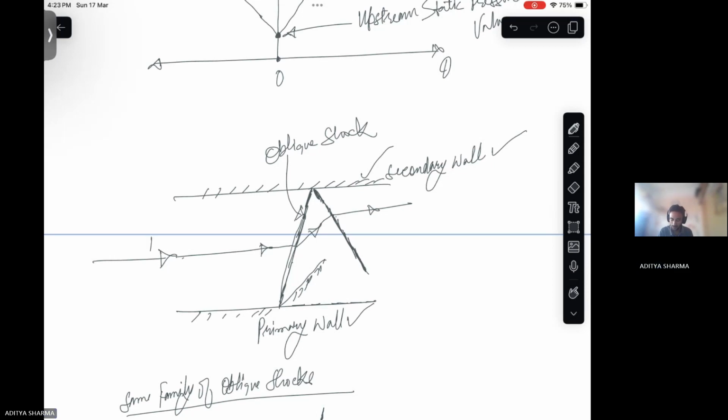And this is the flow direction, and the oblique shock has been mentioned, right? And then this oblique shock strikes at point A, right? So if I say this as region 1, this as region 2, and this as region 3,